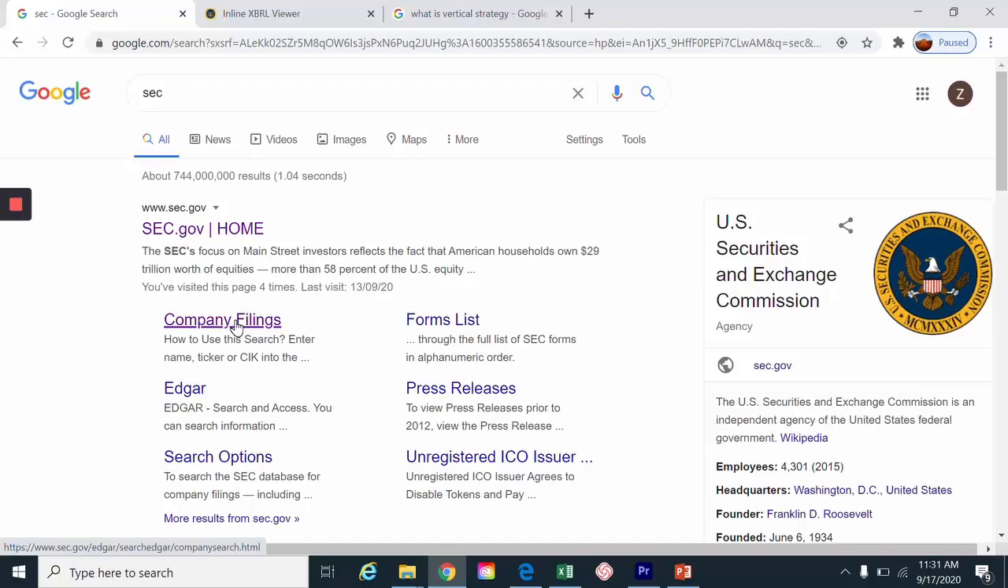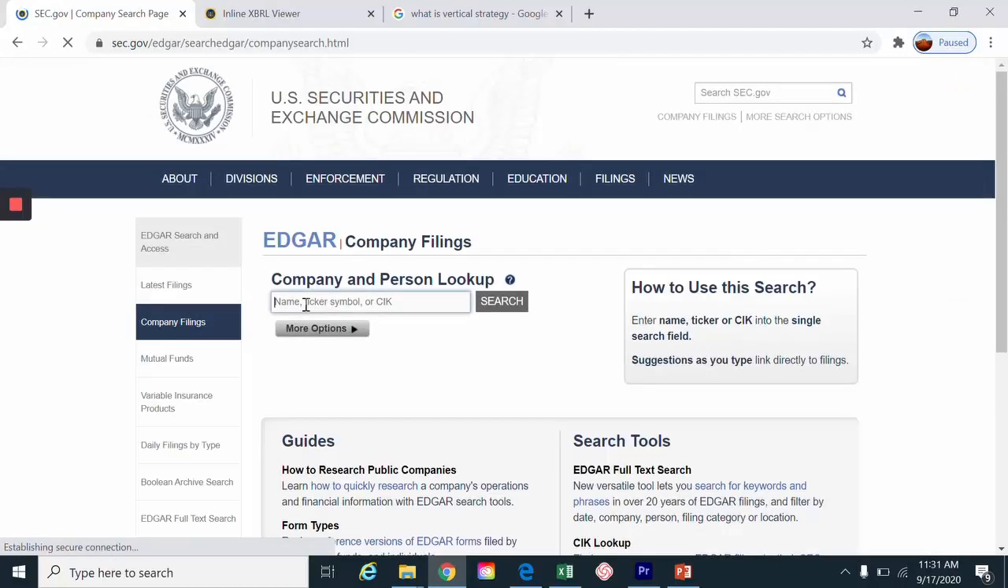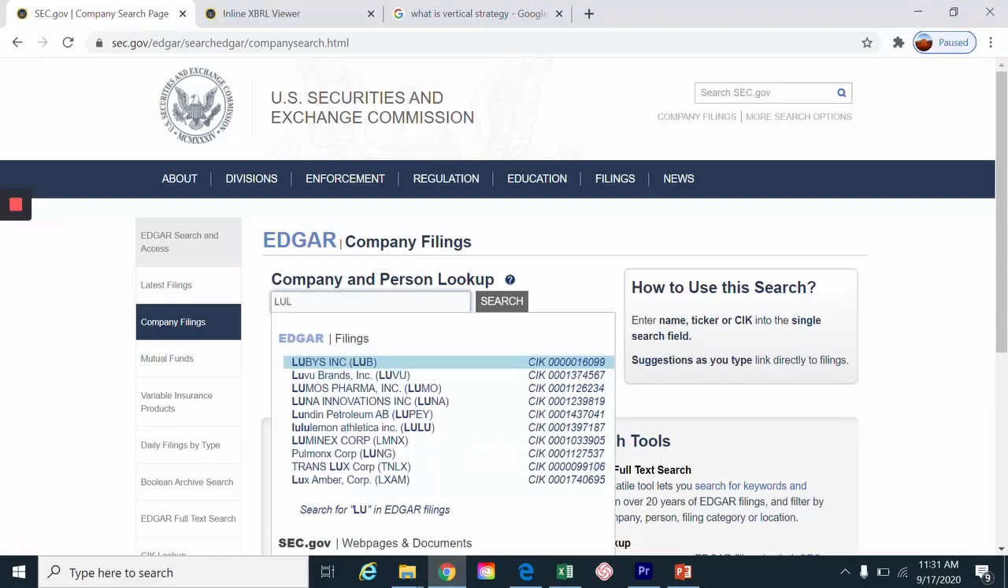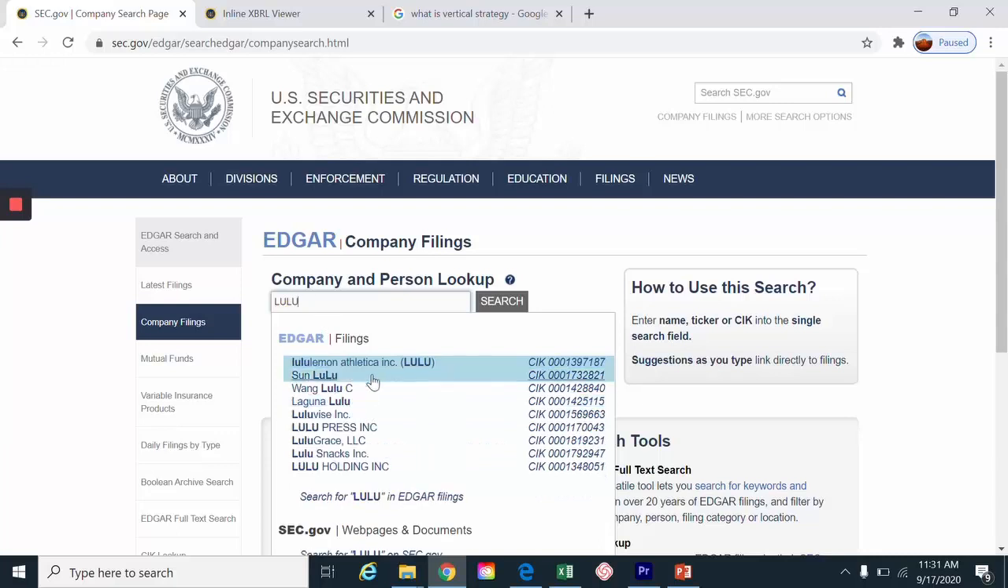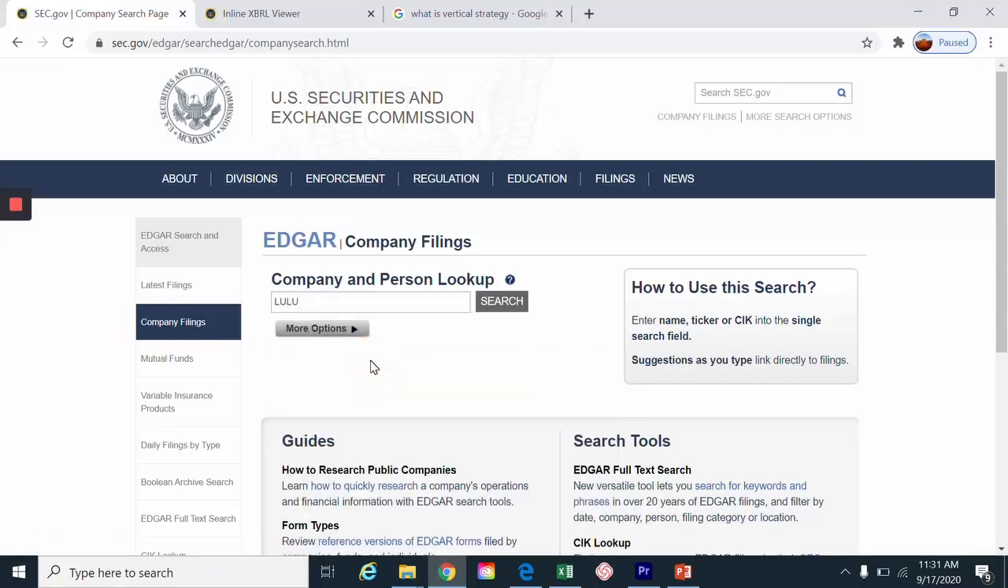If you go into the company filings and type the ticker, if you do not know the ticker of your company, you have to Google search it, what ticker it is traded with on the New York Stock Exchange or the Toronto Stock Exchange, whatever is your company, wherever it is listed and traded. So the Lululemon ticker is LULU. So you can see it's Lululemon Athletica. And if I click it or search it,